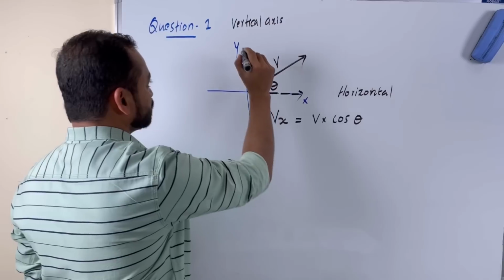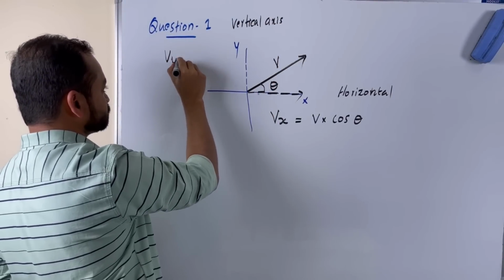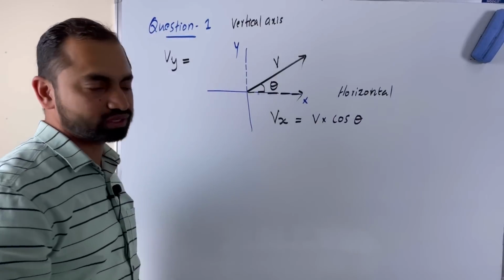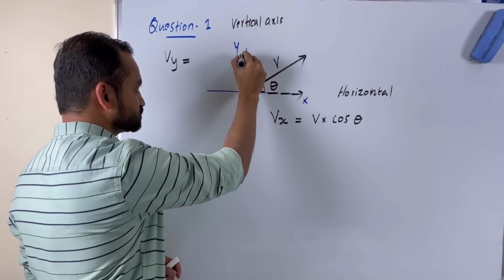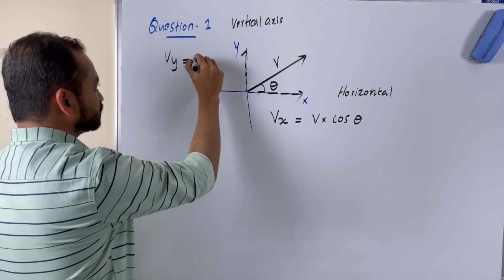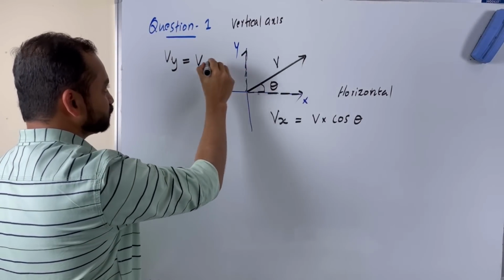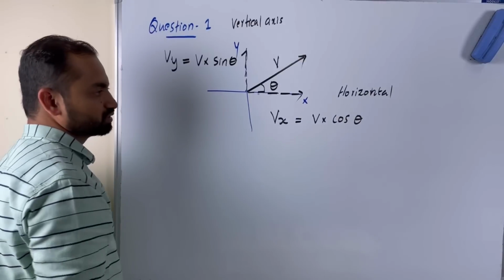Then what is the value of the y component, which we will represent by Vy? The y component of this vector V is along this direction, along the y-axis, and you can calculate it using the equation: the given vector V multiplied by sine of this angle theta. For example,